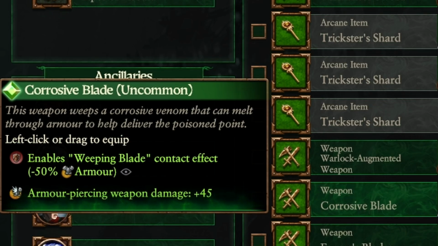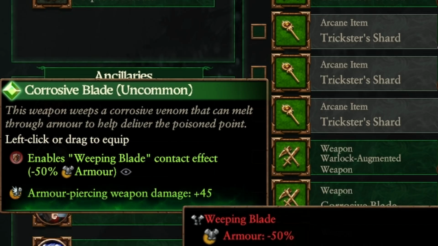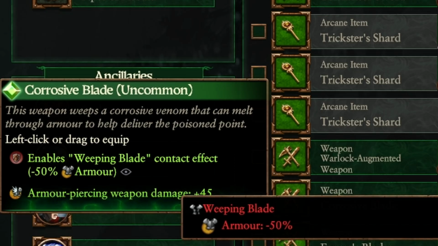Corrosive Blade has also gotten an insane buff, as the Weeping Blade contact effect now reduces the enemy armor by 50% no matter how much armor they have. They could rock 120 armor and one hit would reduce their armor all the way down to 60. This effect lasts for 10 seconds, so you can essentially hit a dwarven enemy with 120 armor every 10 seconds,